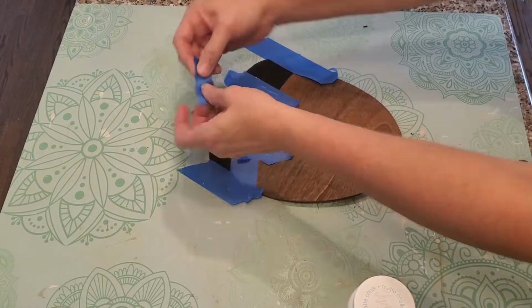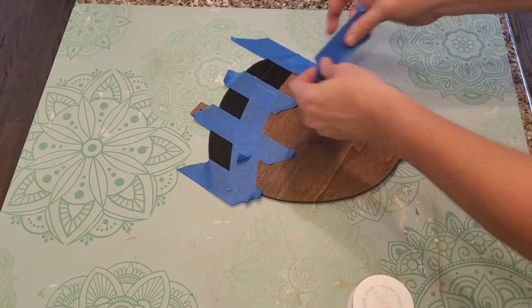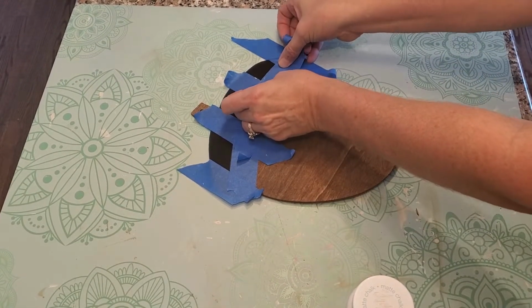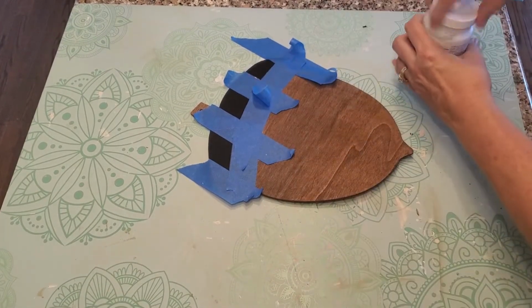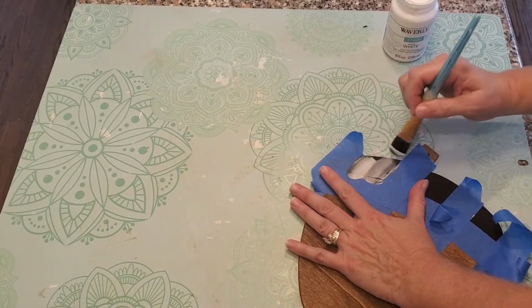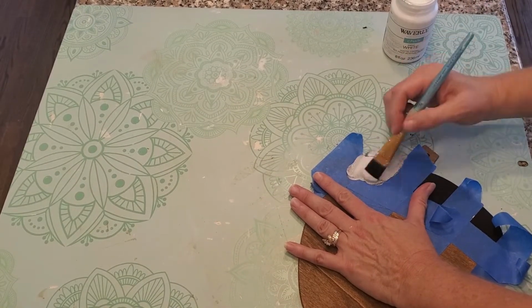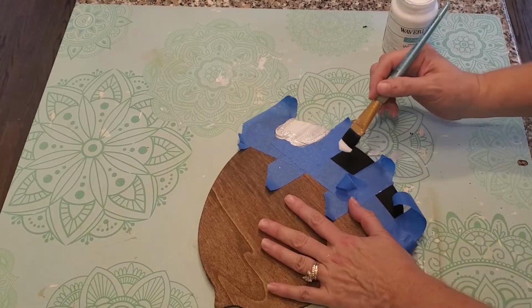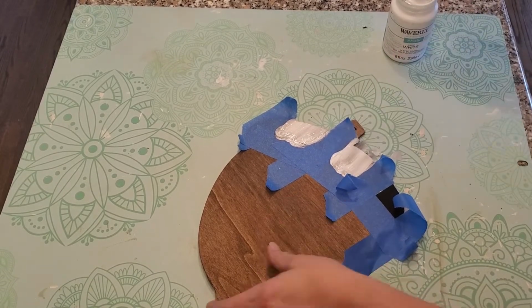And so see, with the little pieces, I was able to make it look like it's in a half moon shape. And so with MacKenzie Childs, they do pull the black into the white. So it's like white, black, and outlined in gold. So that's what I was doing. Although because it wasn't fully dry, there's a little bit more black to it, so I had to go back